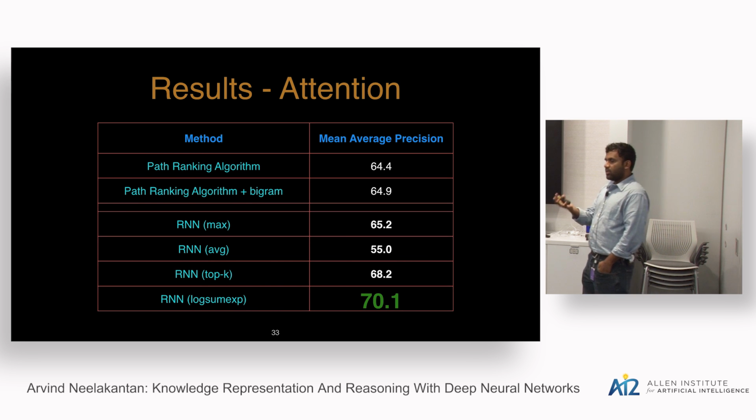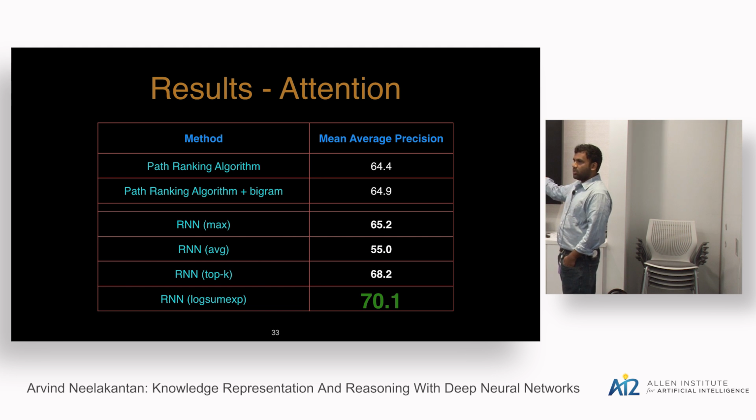About the path length, what we found is that if you restrict the path length to be very small, like 2 or 3, then the performance of the RNNs is similar to the symbolic systems. This is because there are not many unseen paths during test. If you restrict the path length, there is a smaller number of paths, and you see all of them during training. The absolute performance also drops. But as you increase the path length, you start seeing unseen paths, and that's when the RNN model starts performing better.